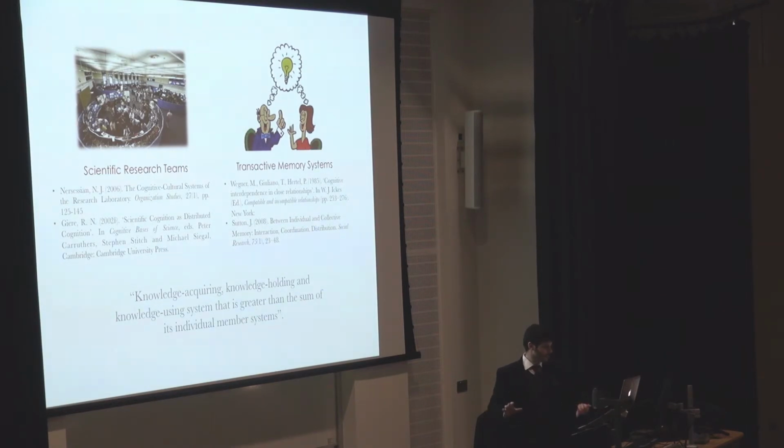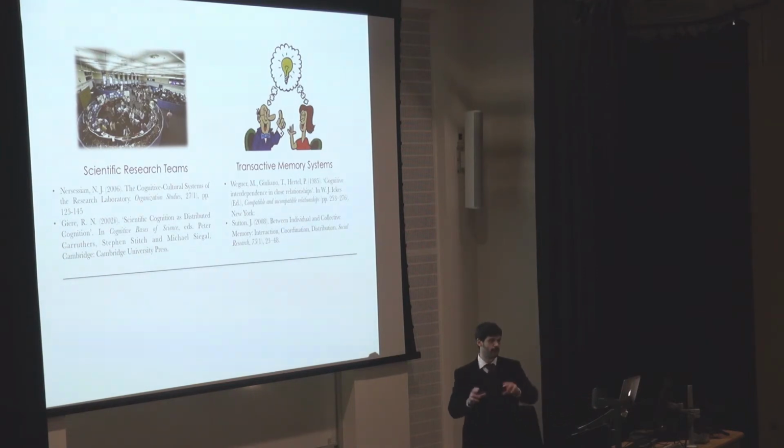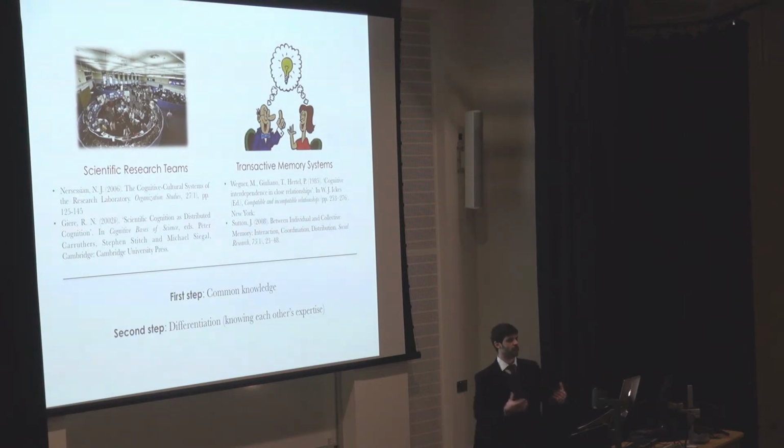Now, apart from being interesting examples that can illustrate what group knowledge is about, one more reason why I focus on them is because in both cases, it has also been suggested that what is required in practice in order to have a well-integrated distributed system is, first of all, that every member of the group possesses some common knowledge that will allow them to communicate and start building a relationship even as strangers, but at least with the sense that everyone knows something that everyone else knows, which will then allow them to build the differentiated structure of the community by revealing information about themselves, and so get a sense of who the other individual is, so that they will know when it is time for them to defer to the other individual's knowledge and expertise, and when it is time for them to take action themselves,